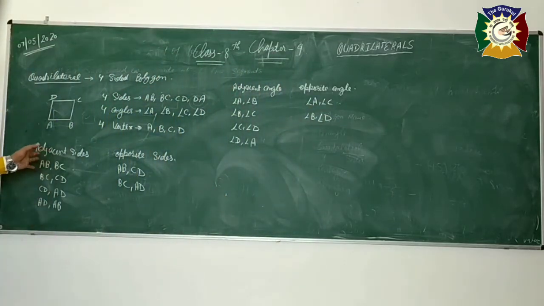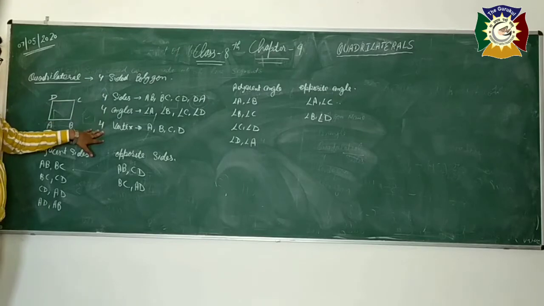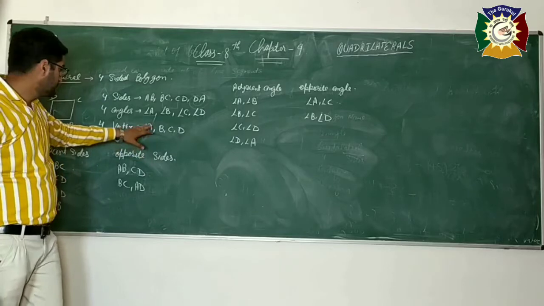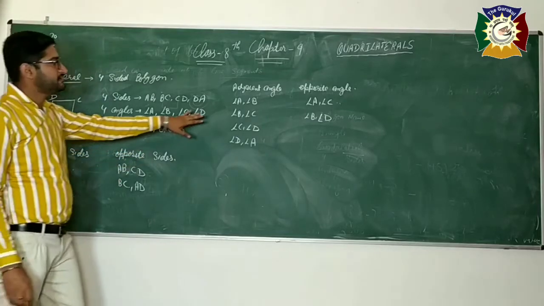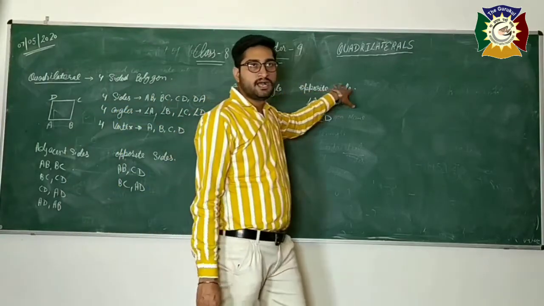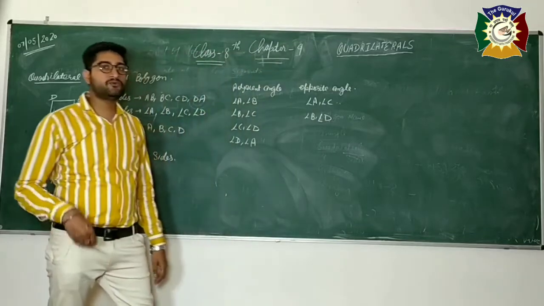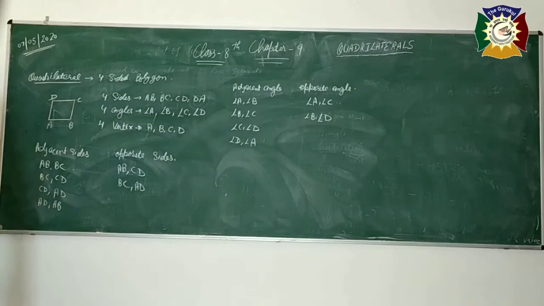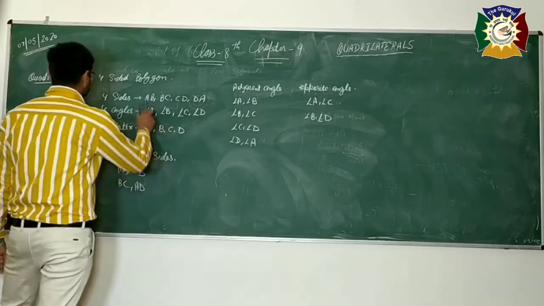Is it clear to everyone? A quadrilateral is a four-sided polygon having four sides, four angles and four vertices. After that, the adjacent sides and the opposite sides, and then adjacent angles and the opposite angles. Now, the next topic: how we classify the quadrilaterals, how many types of quadrilaterals there are. The first one is